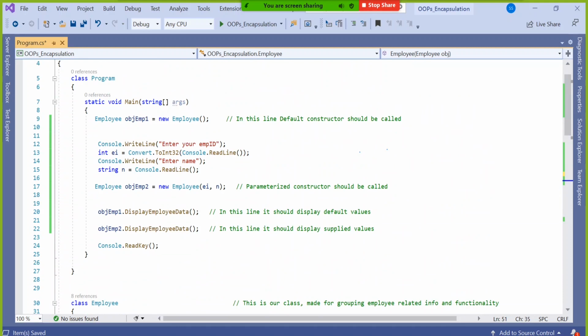If I supply like this, have a look. Same work what I did here, I passed straightaway EI and N, right? This is good if the number of parameters is some 5 or 7 or 2 or 3, something like that.